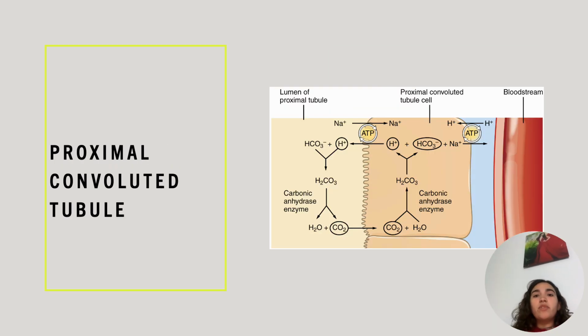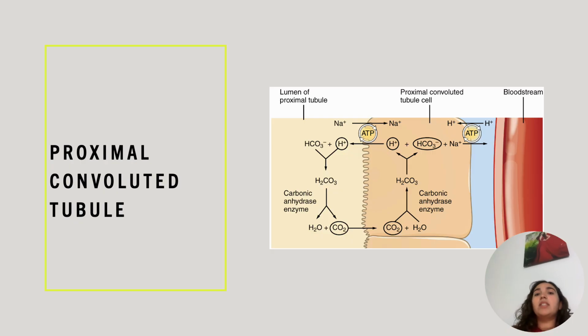The proximal convoluted tubule is responsible for the majority of the reabsorption in the nephron. About 65 to 70% of the filtered sodium and water are reabsorbed here, along with nearly all the filtered glucose and amino acids. Bicarbonate, phosphate, potassium, and chloride are also reabsorbed in this segment. Importantly, the proximal tubule is highly permeable to water, so water follows solute reabsorption, keeping the tubular fluid